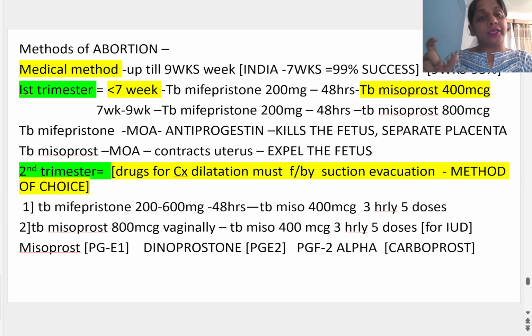so we give it starting dose: हम मीजोप्रोस्ट 800 वेजाइनली देते हैं, which is followed by tablet misoprost 400 माइक्रोग्राम 3 hourly for 5 doses, तब तक निकल जाता है, ठीक है। फिर उसके बाद हम सक्शन इवैक्यूएशन कर देते हैं। मीजोप्रोस्ट प्रोस्टाग्लैंडिन E1 है, इसकी जेल का नाम जेमोप्रोस्ट है, और डाइनोप्रोस्ट प्रोस्टाग्लैंडिन E2 है, प्रोस्टाग्लैंडिन F2 अल्फा कार्बोप्रोस्ट है,